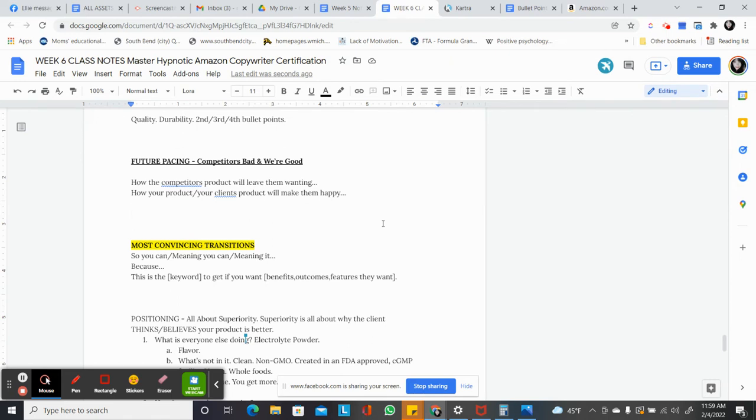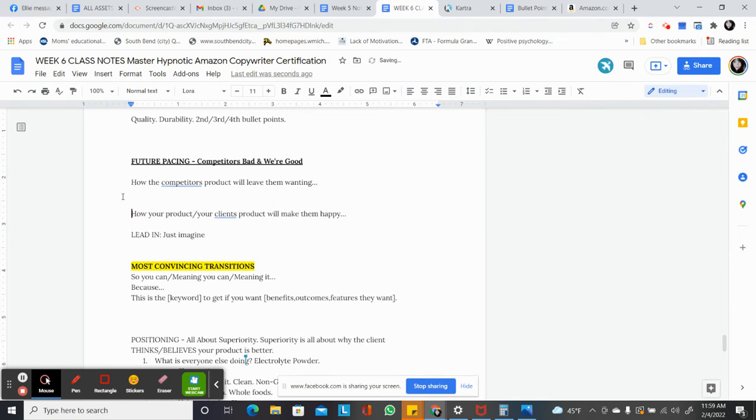How the competitors' products will leave them wanting. So this is a lead-in of just imagine, and that's for the positive. You can think of it as positive and negative if you want. So this is like bad, and this is happy. Maybe sad is better. Helps if I can actually type. Okay, so just imagine